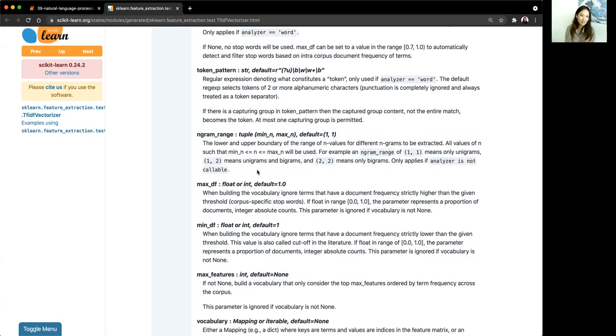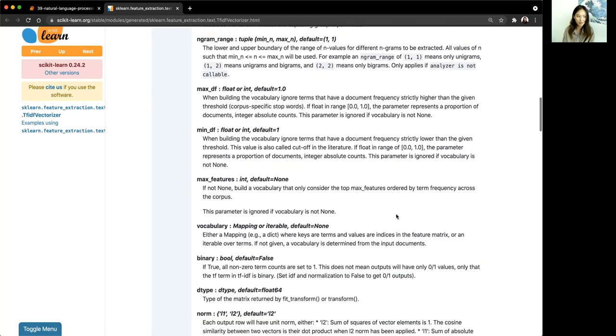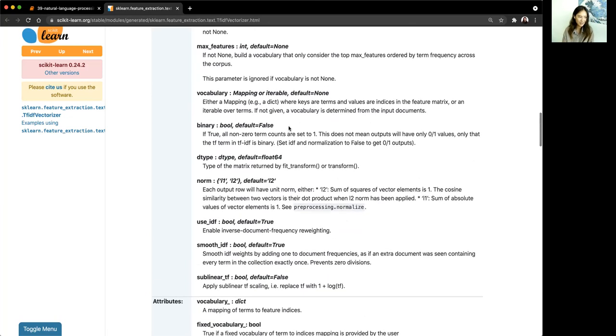So play around with a lot of these. These are also things that you can do grid search on. I mean, not many people do grid search on their vectorizers, but if you wanted to play around with, okay, how many max features do I really need? Because the more features that you have, the longer your models will take. So you can definitely play around with that. When I get into office hours, I'll definitely go over this a little bit more in depth. But yeah, play around with the vectorizer hyperparameters, because there are a lot of them. And I do think it is worth looking into, especially if you're doing an NLP project.